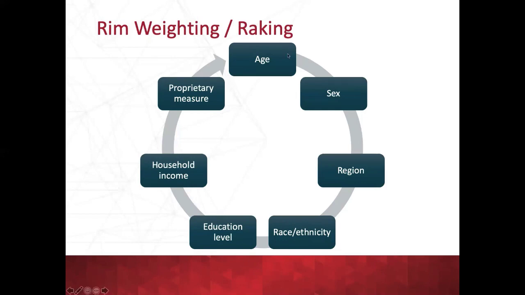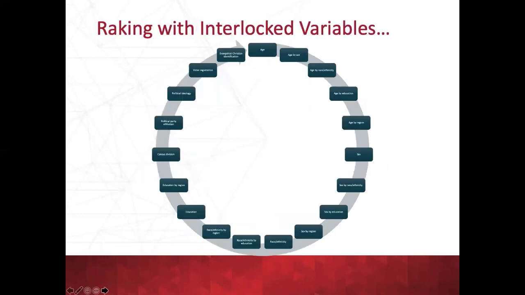And so that technique has been around for a long time, but computers have made this much easier to do. Most statistical products will do weighting, rim weighting like this, and so it's very easy to do. And so what's happened is people have done that and found that it is more representative than cell weighting, is to realize that you can add more dimensions. And don't worry about what this slide says. I just want to demonstrate how, for Pew Research in particular, it evolved from a few metrics to far more.